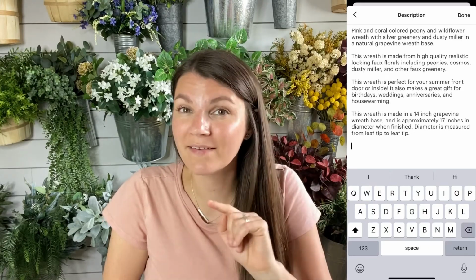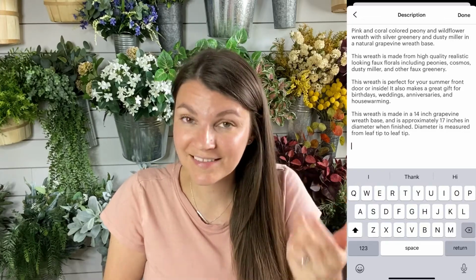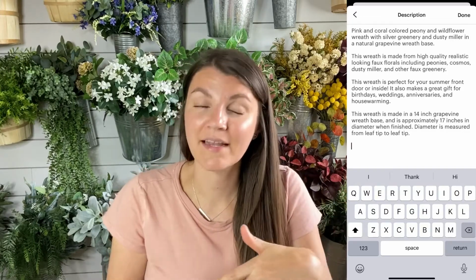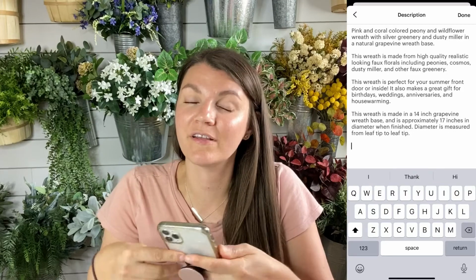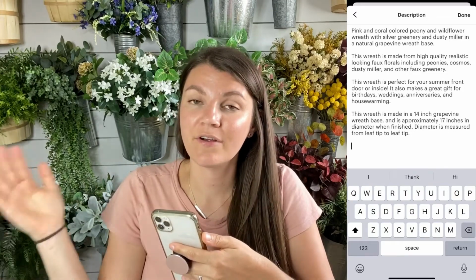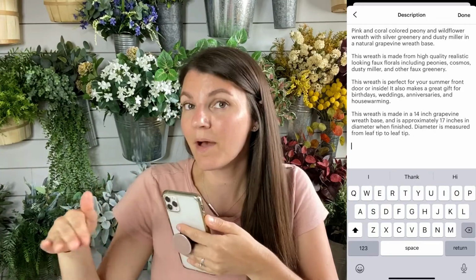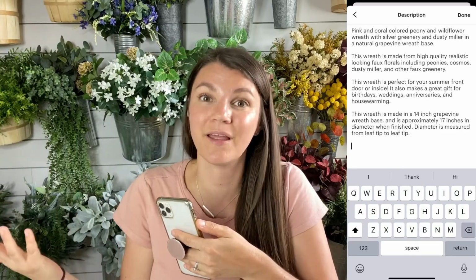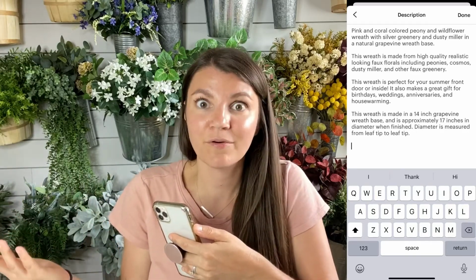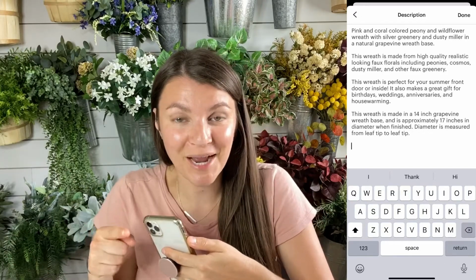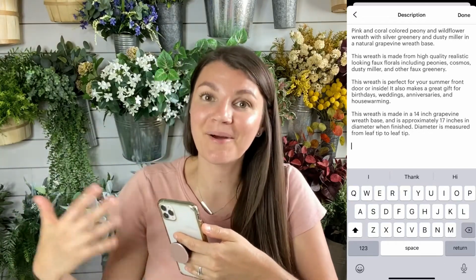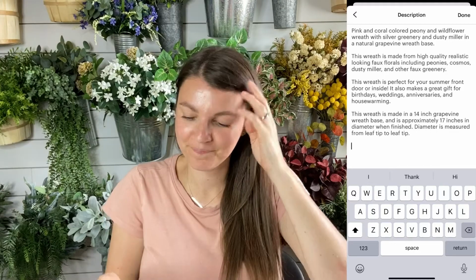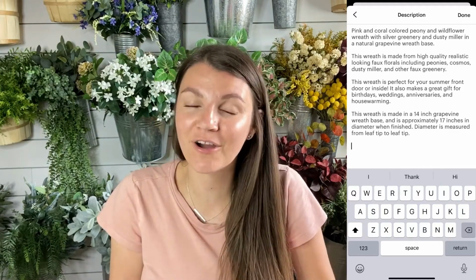It's a great way to keep people on your listing longer and browsing around in your shop longer, because if you're on Etsy, you know there are lots of suggested listings on the bottom that aren't necessarily from your shop. Etsy just wants people to buy things. They don't care whose shop they buy them from, but of course you want people to buy things from your shop. So if you keep them on your shop longer,